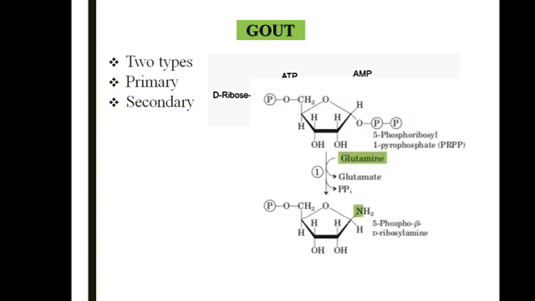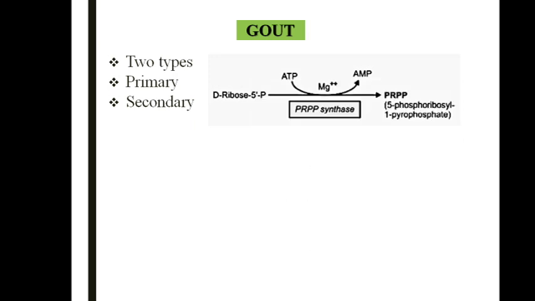So the very first cause for primary gout is abnormal PRPP synthetase enzyme, whenever there is an increased activity of PRPP synthetase. What is this enzyme? I told you it is a preparatory step of purine biosynthesis in the de novo pathway. If this enzyme is increased, then there is an increased production of purine nucleotides. Increased production, increased breakdown, and resulting in increased accumulation of uric acid, thus resulting in gout.